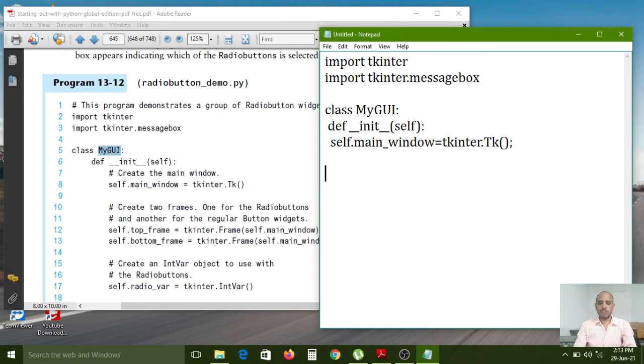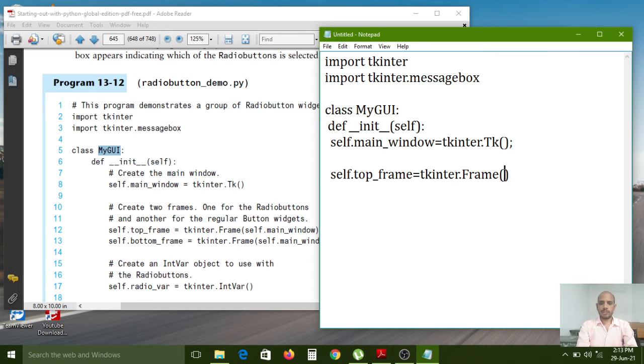And now I want to create two frames. So for that, two indentation spaces, self.top_frame equal to tkinter.Frame. The first letter should be capital, right?